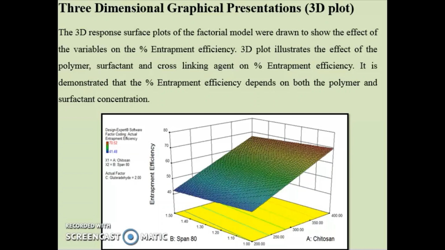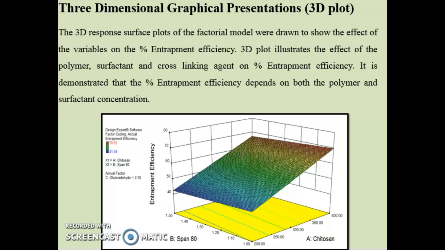Now the next one is what here, the 3D plot. The 3D response surface plot for the factorial model. These were drawn to show the effect of the variables on percent drug entrapment efficiency. So it illustrates the effect of polymer, surfactant and cross-linking agent on percent entrapment efficiency. From this 3D plot, it demonstrates that the percent entrapment efficiency depends on both the polymer as well